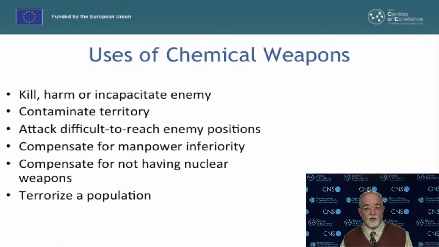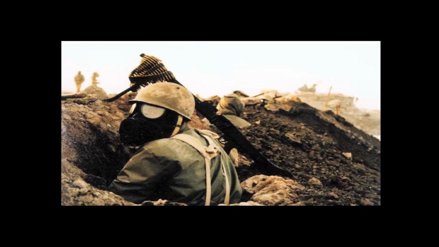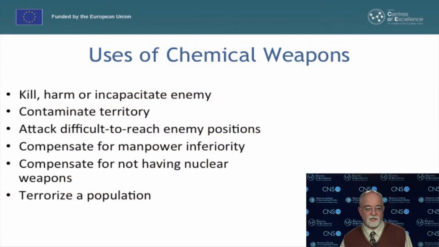Chemical weapons are used with the intent to kill or incapacitate living beings, or to deny territory to an enemy by contaminating it. Unlike conventional weapons, chemical weapons leave physical structures intact. They can be used to attack difficult-to-reach targets, such as enemies that shelter in caves, trenches, or bunkers, to achieve the element of surprise, to compensate for a shortage of conventional or nuclear weapons, and to destroy the morale of populations by causing fear and bringing about panic.